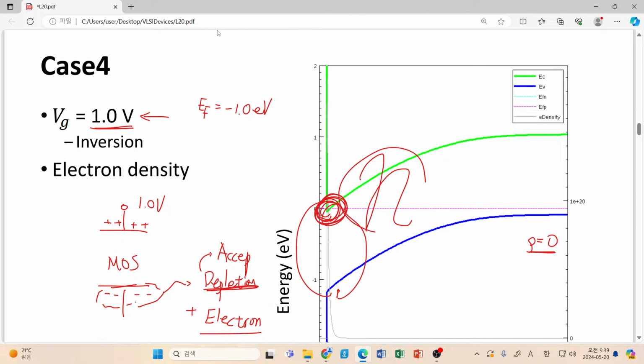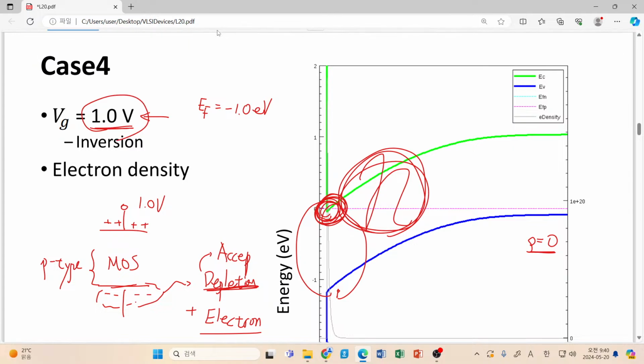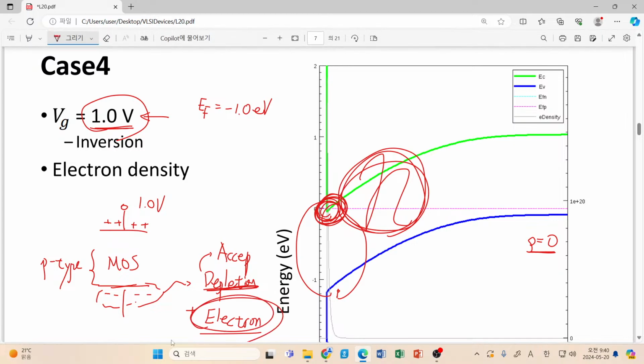So this surface electron is corresponding to this electron density. So think about this one. Once again, we considered p-type substrate. So therefore, finding holes is quite natural. However, you never expect finding electron inside this p-type substrate. But when you apply quite high voltage to your gate, then eventually you find a lot of electrons in your